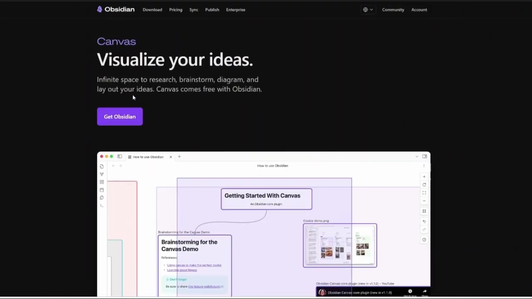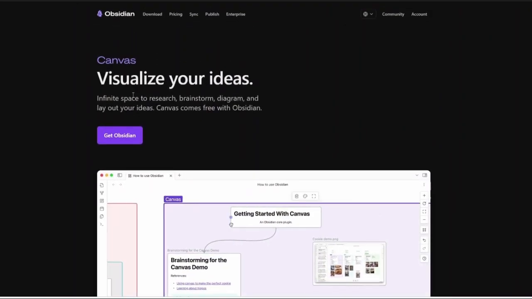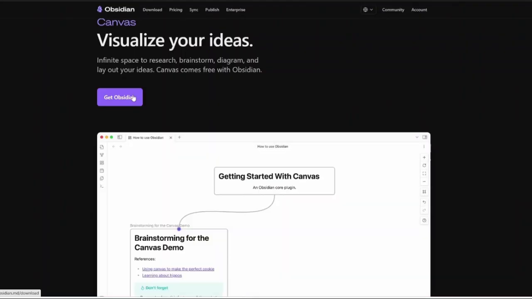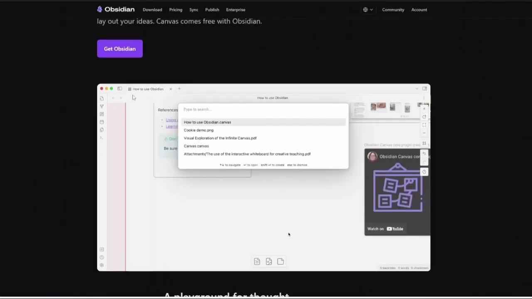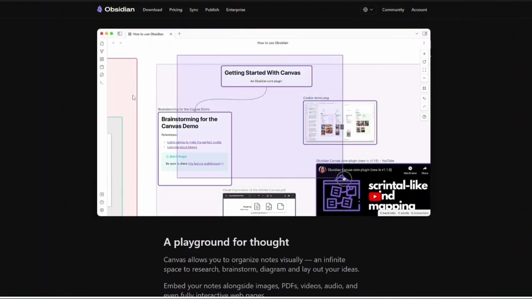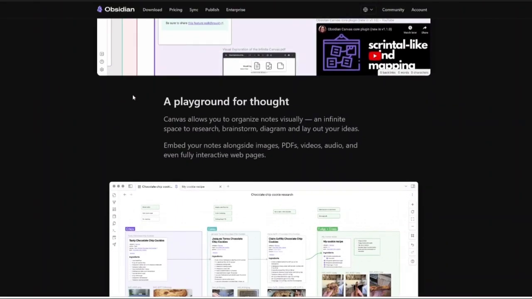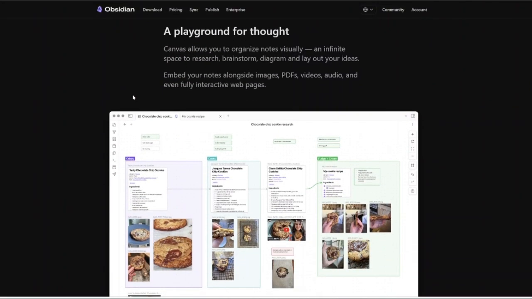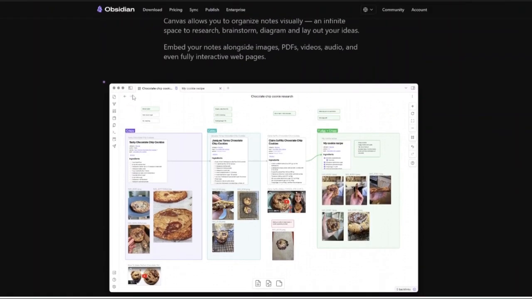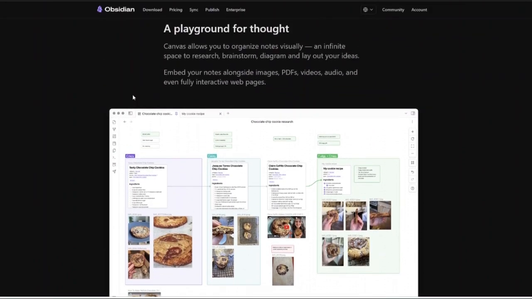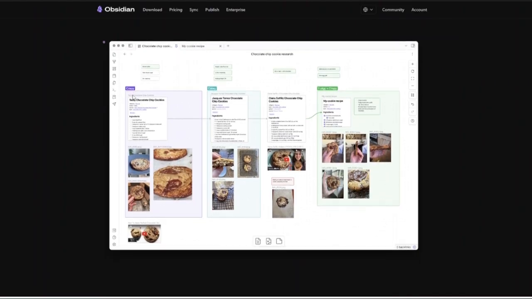Now, what are the main features of each? First, we talk about the main features of Obsidian. Local first storage. Every note is stored directly on your device, so this provides complete ownership of your data and eliminates dependence on cloud infrastructure. Bidirectional linking. Obsidian's signature feature is note linking. Users can connect notes together, creating a web of interconnected ideas that grows over time.